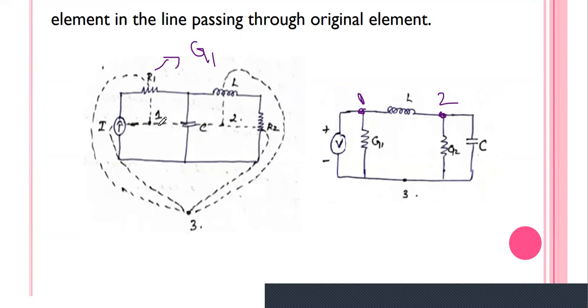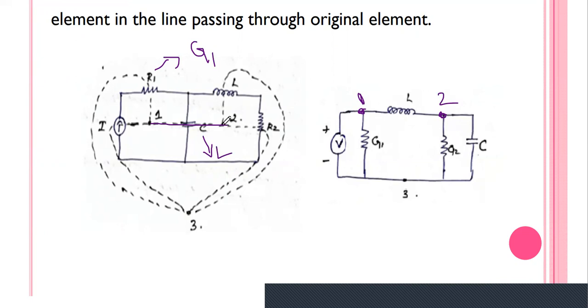Okay. Then you see in between node 1 and node 2, what is the element connected? Capacitor. What is the dual element for the capacitor? It's an inductor. So in between node 1 and node 2, we have to draw the dual element for the capacitor, the inductor. You just draw the inductor symbol and write it as L.